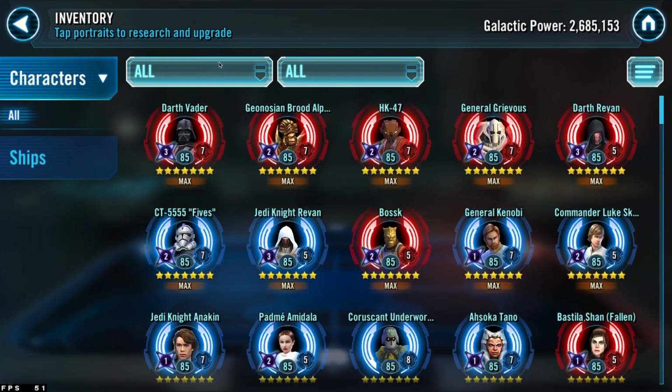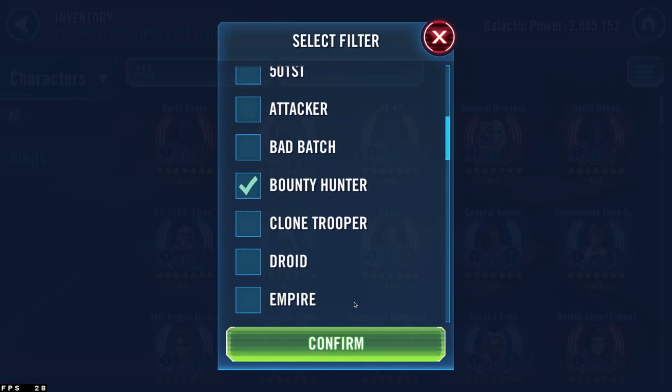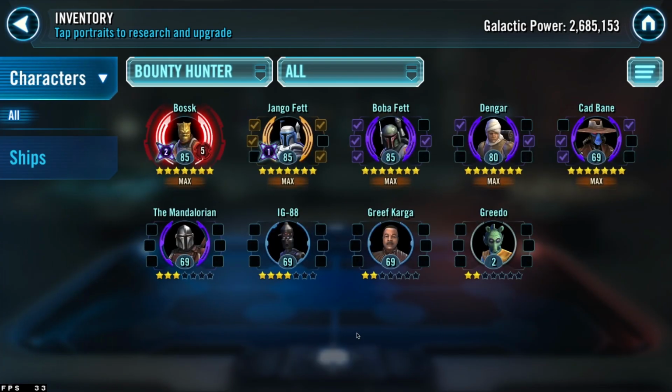Interesting. Is there anything I've missed, like a big half-complete faction in a way? Because I saw the bounty hunters, let's have a look at the bounty hunters, because I did have a look at Bosk. It's a wishy-washy faction, like, you've got a very nice tanky Bosk. You've got a fairly decent Django, but then you're tailing. You've got like a Gear 11 Boba, still decent, and then you've got level 80 Dengar, level 69 Cad. It's like, yeah...